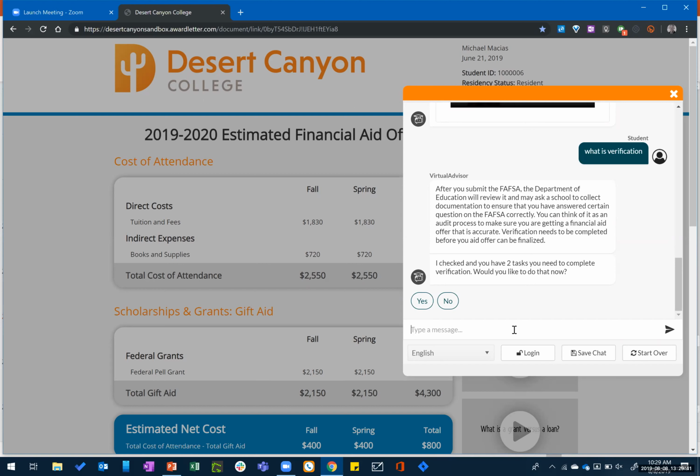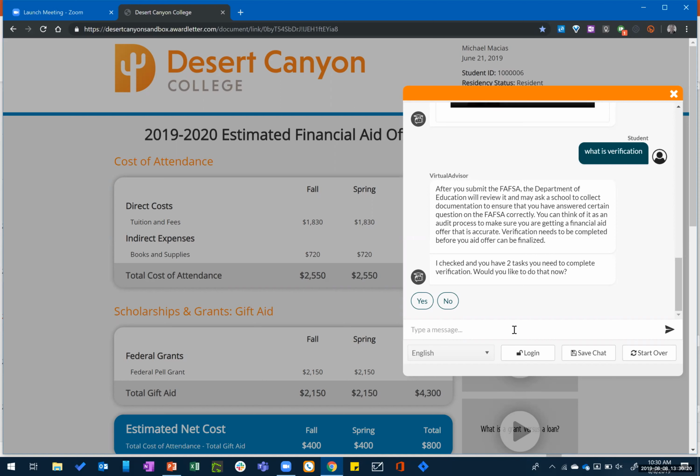You only asked me what it is, so I'm giving you the definition. Pretty smart, right? But smarter is I start to anticipate what the next question will be, or I prompt for the question that the student actually should be asking. So in this case, the bot is aware, because it's part of the platform, that this institution, Desert Canyon here, is also a student forms customer. So it knows who the student is, and if it didn't know who the student is, it would ask them to authenticate themselves, it would ask them to log in, and it will direct them to your single sign-on so that they can be authenticated.